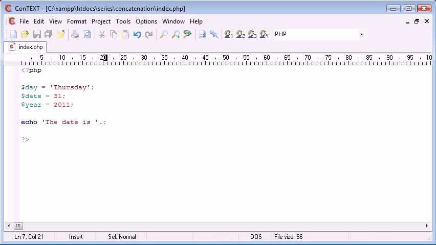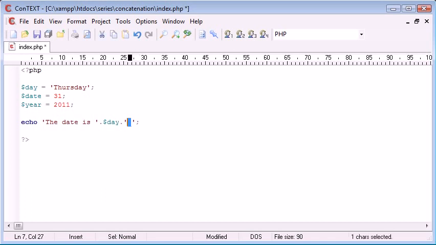Then what we need to do is just simply address the variable that we want to echo. So this is still all included on the echo line. If we put the day here, it's still going to echo out day even though we haven't pre-put echo in front of it. So concatenation just basically means we're joining something on to the string that we're already echoing. So the day is day, then we want a space, so I'm going to concatenate on a piece of string